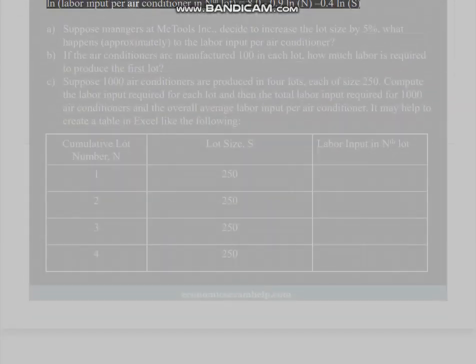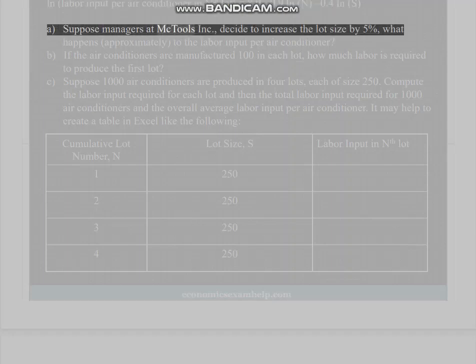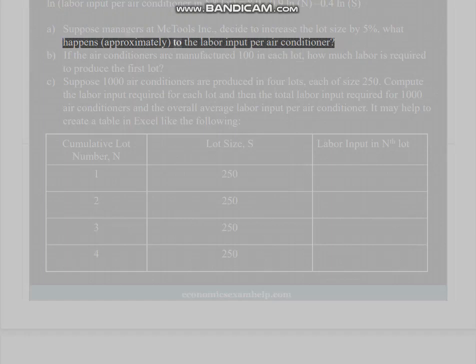ln(labor input per air conditioner in the nth lot) equals 8.0 minus 0.9 ln N minus 0.4 ln S. A. Suppose managers at McTools Incorporated decide to increase the lot size by 5%. What happens, approximately, to the labor input